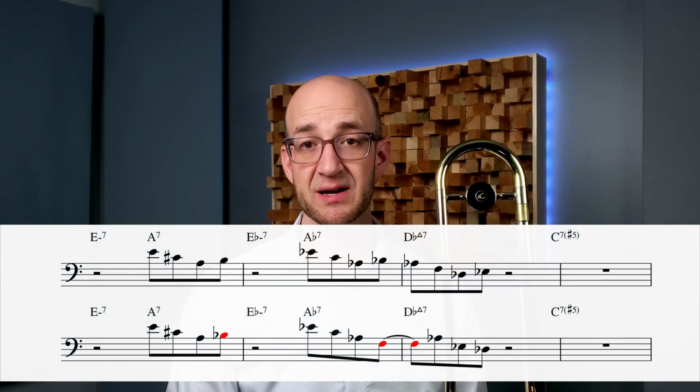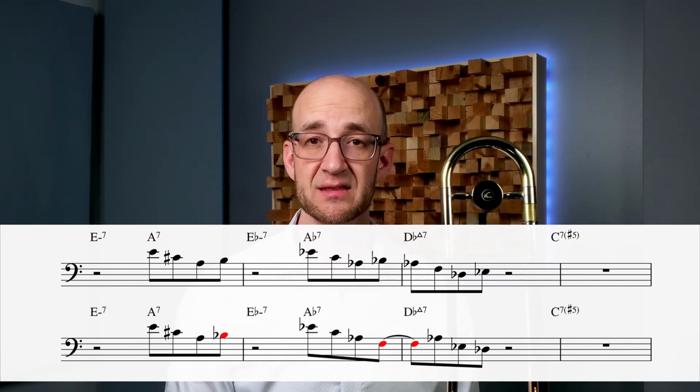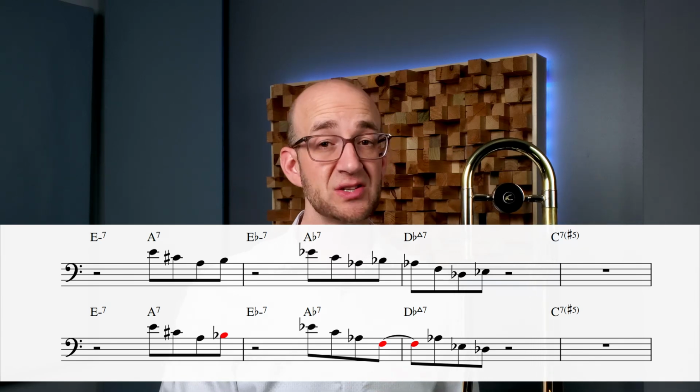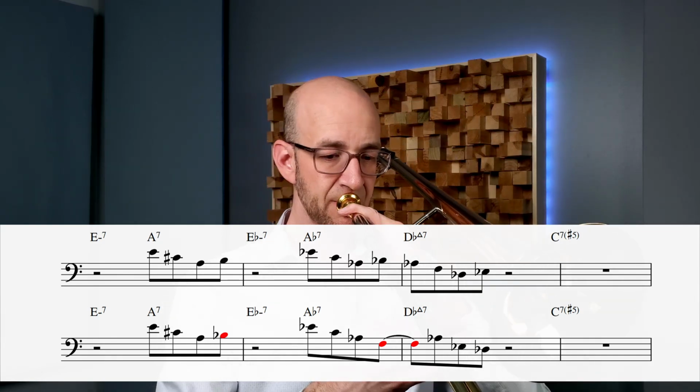One other element of this motivic style of playing that you may find helps you land this stuff better. For example, here in the first measure, when I played that descending motive, the and a 4 was a B natural because that's the 9 of the A7 chord. But usually when we have that and a 4 and we leave it hanging there, it actually anticipates the next chord. So rather than playing this,